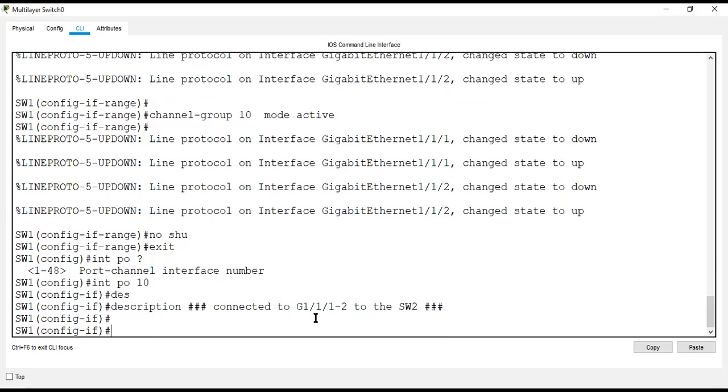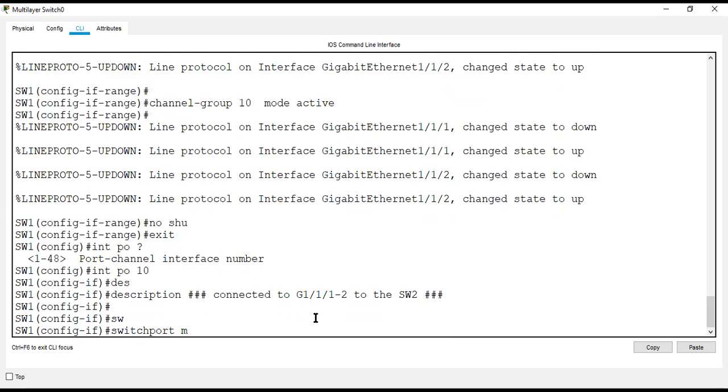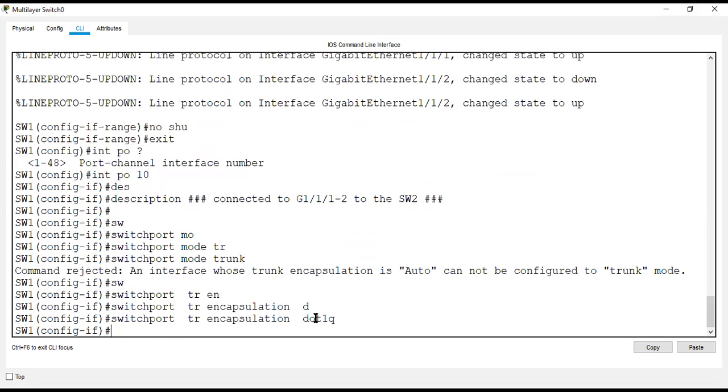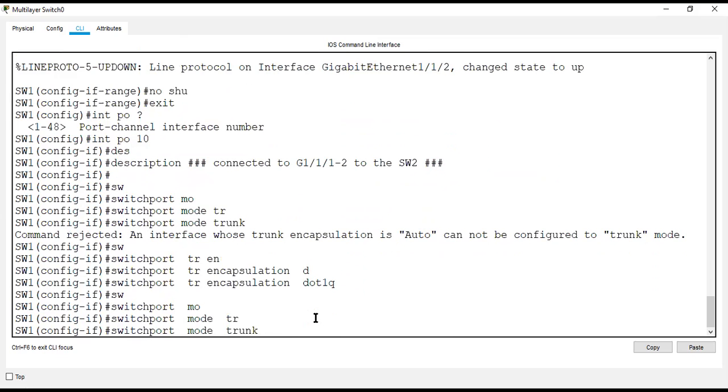By looking at the port channel configuration, we will know where it is connected. Then switchport mode trunk. Again, we need to mention what kind of protocol we're going to use: switchport trunk encapsulation dot1q, switchport mode trunk.